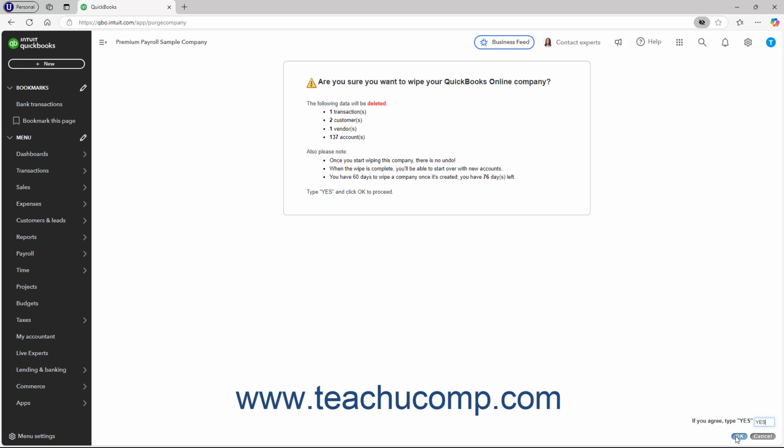Be absolutely sure you want to delete the company data before purging it. This process is not reversible. After purging the company data, your company file still exists. You can then use the same company file and enter new information, cancel your subscription, or start a new company